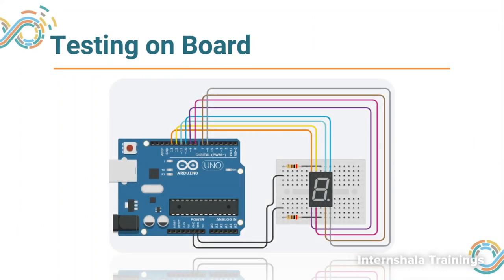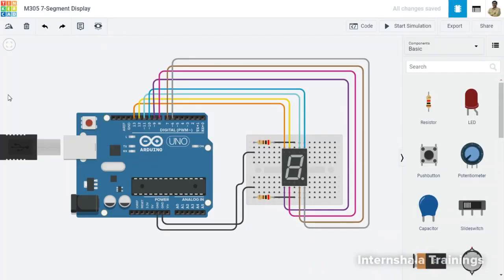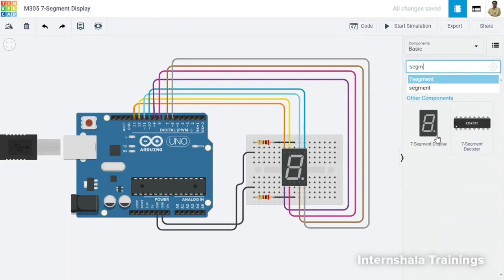Here we are going to program it in such a way that we are able to generate different numbers on the single display. To save time, we have already connected the circuit, and here you can see this 7 segment display was taken from the library. You can search it, and when you take it,